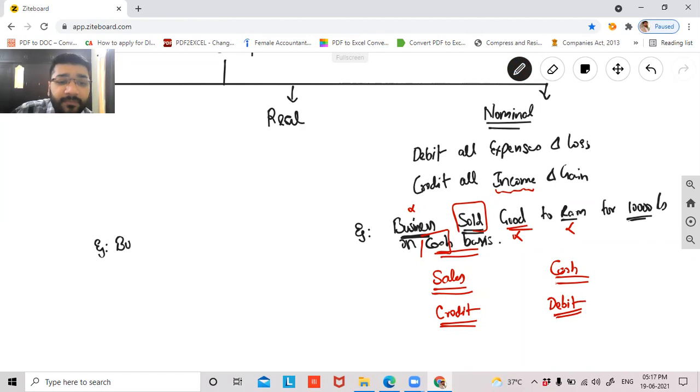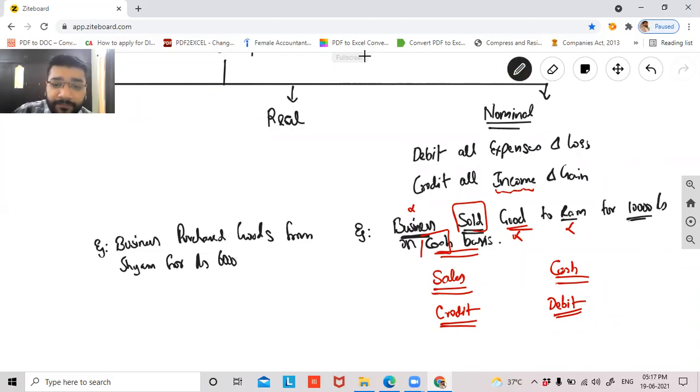It says that business purchased goods from Sham for rupees 6,000 on cash basis. Guys, is it a business financial transaction? Can I say this transaction is happening between business and Sham? Yes, sir. So it is a transaction, and this involves money, whether paid immediately or later, doesn't matter. It is a financial transaction and it is happening in the course of business. Hence, it is a business financial transaction. Point number one. Second,